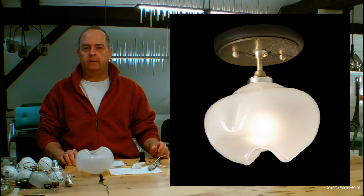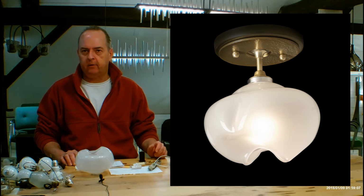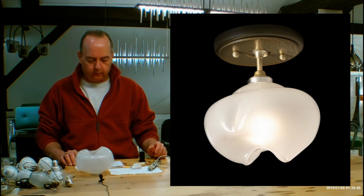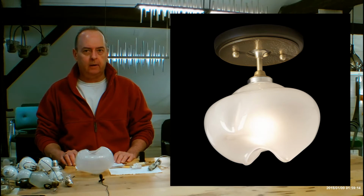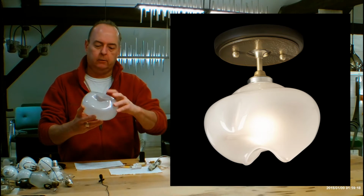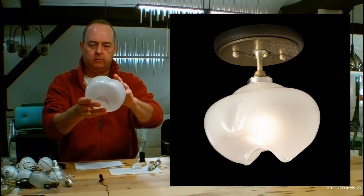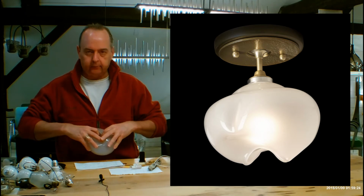Hi, I'm Christopher Dunnigan. This is HandmadeInVermont.com, and today we're talking about the One Light Semi-Flush from Hubbardton Forge. This is the 1372. Beautiful fixture, awesome glass. It's a Japanese plum blossom, and that's basically what this piece of glass looks like. Hand-blown, gorgeous, gorgeous, gorgeous. Let me get into more details on this, and let's talk about the size of the